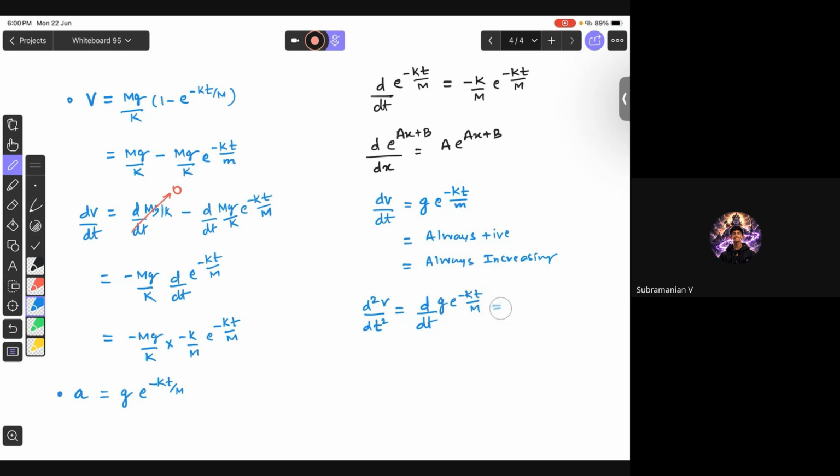So g, I will take it outside, into the differentiation of e power minus kt by m. The differentiation of e power minus kt by m, we know it is this. So we will get minus of kg by m into e power minus kt by m. So you see, e power minus kt by m,